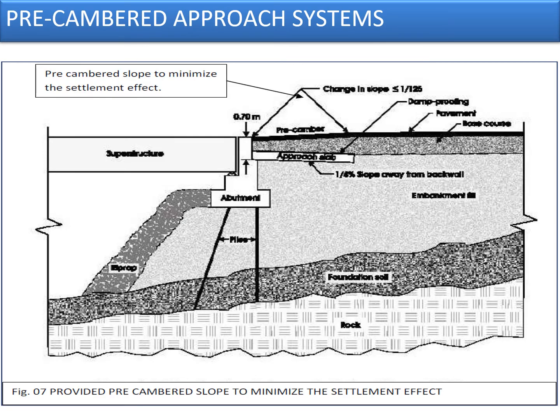So if you see the photograph on the left hand side, you can see the deck top, and on the right hand side you have an approaching road which is having a slope of 1 by 125. That means it is already at a higher level as compared to the existing bridge level.